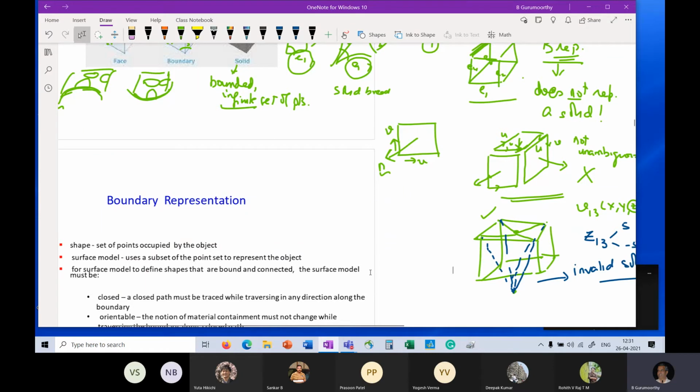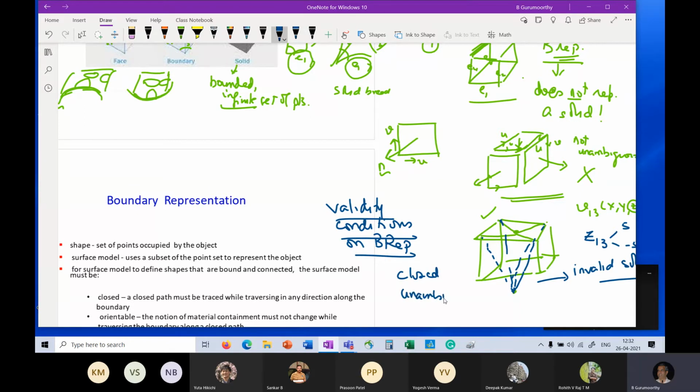And so what we do is we impose some conditions of validity. So we impose these validity conditions on the boundary representation, primarily to ensure that the boundary representation indeed represents a valid solid. A valid solid meaning a closed, unambiguous representation.